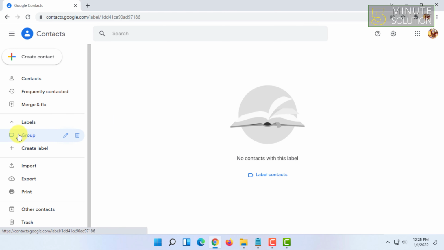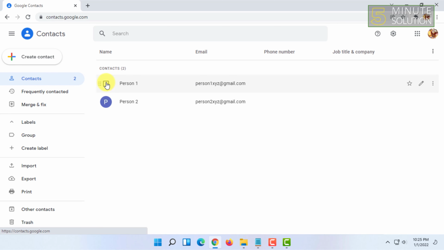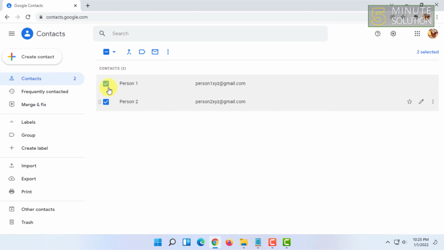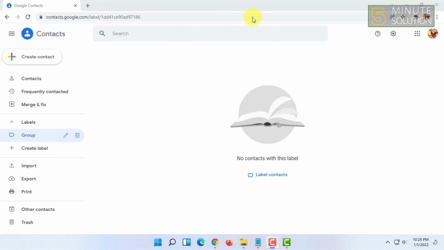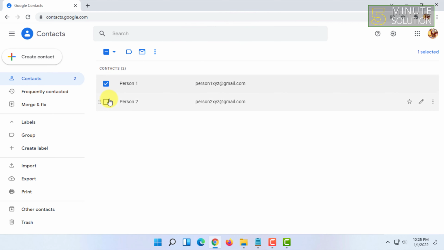So you have to go to this group, go to these contacts, and select all those persons you want to send an email to. And you can click on mail to send them mail. But sometimes you have so many contacts that you want to actually put them in a group, not by randomly selecting them. And if you quite frequently send email to this group, then